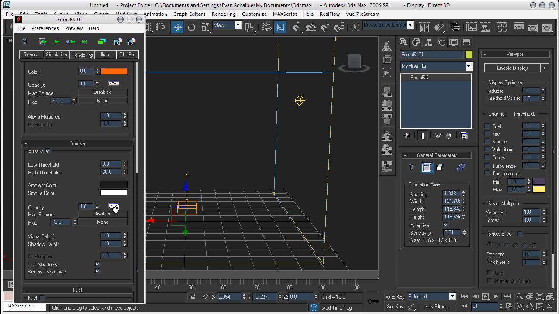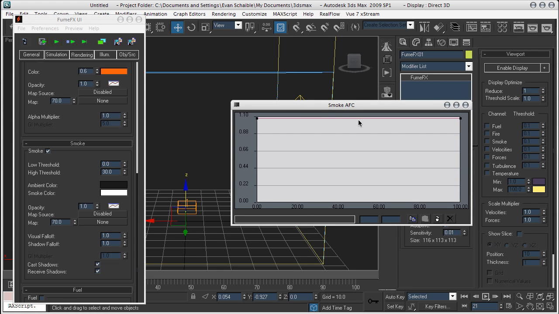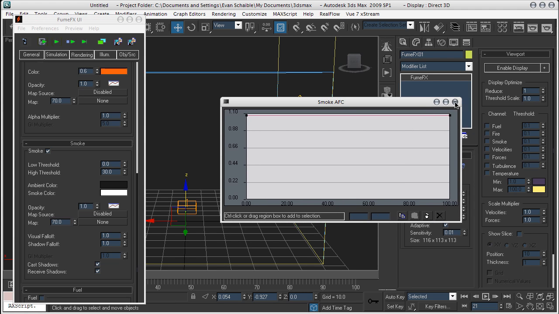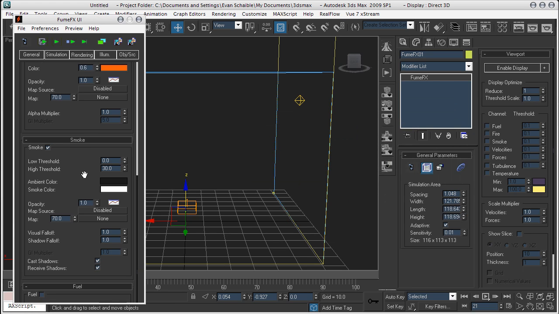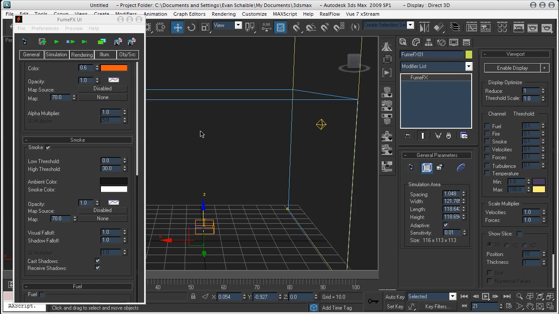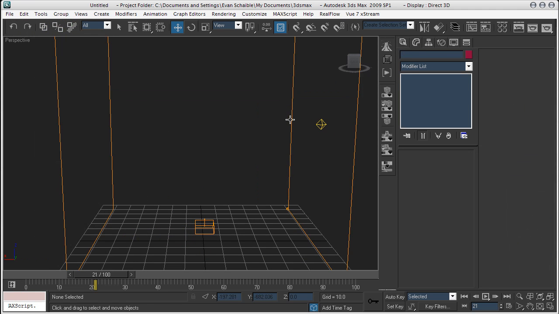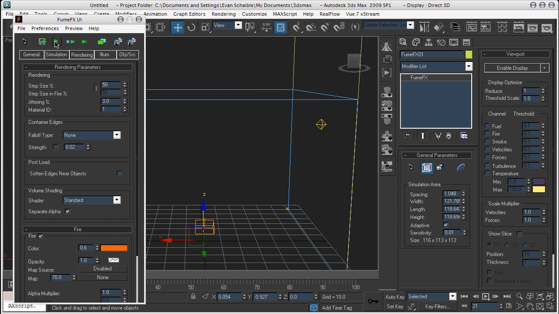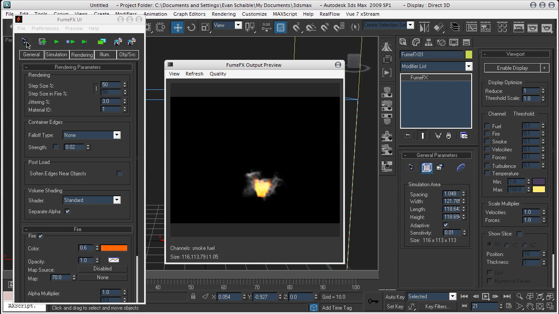Opacity, again, the opacity of the smoke. You can use an AFC controller to control that over the life of the smoke, you could say, or over the area of the smoke. And visual falloff and shadow falloff, pretty self-explanatory stuff here. Now, the trick is getting these things to work to make a nice looking flame. Okay, so if we simulate this now, well, let me change my